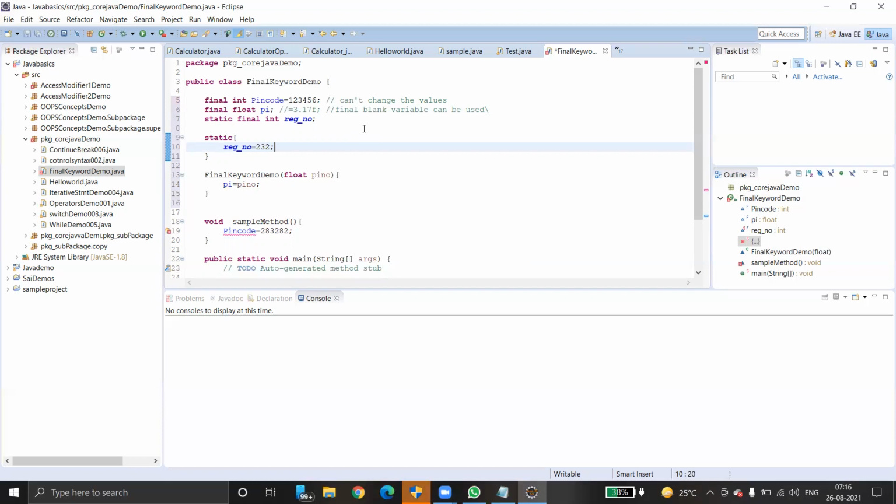It might be a variable, it might be a method. If it is a method, we cannot change the implementation. If it is a variable, we cannot change the value. That is the meaning of the final keyword. Hence, if it is a final method, we cannot override it. A subclass can call the final method of the parent class without any issue, but it cannot override it. Clear?